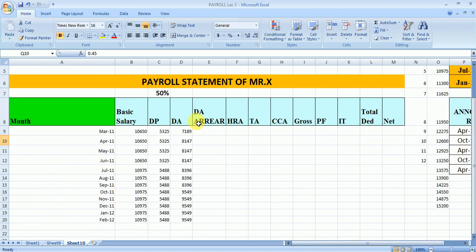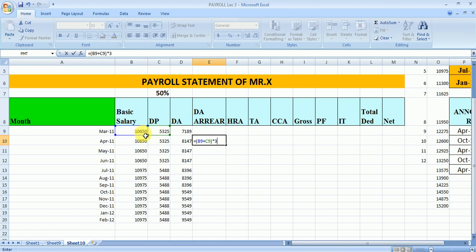Now we'll move to the calculation part. So in the month of April, the DA arrear will be paid for the 3 months, that is January, February, March. For the particular financial year, we need to take the basic plus DP and multiply for the 3 months. Fine.